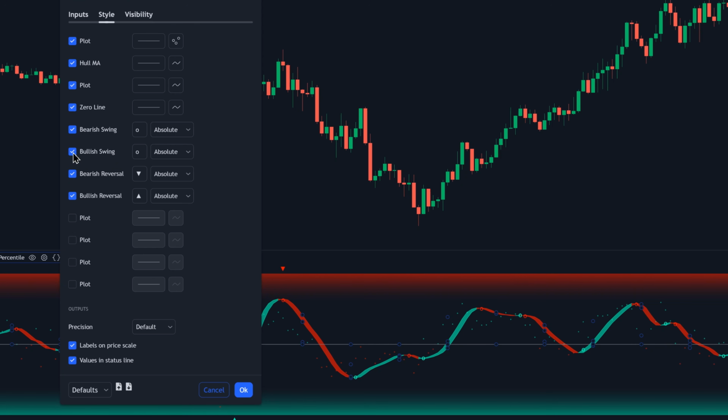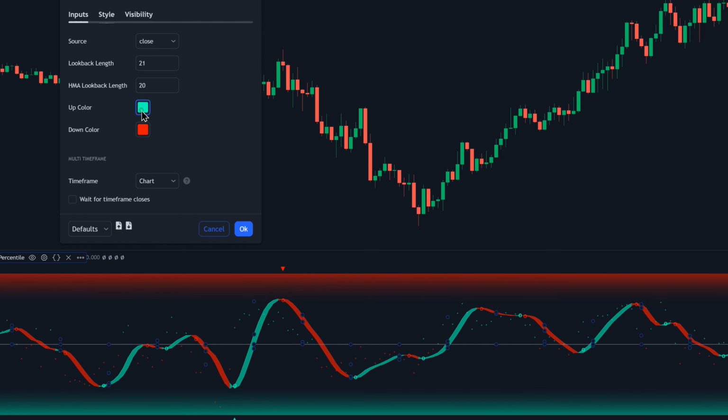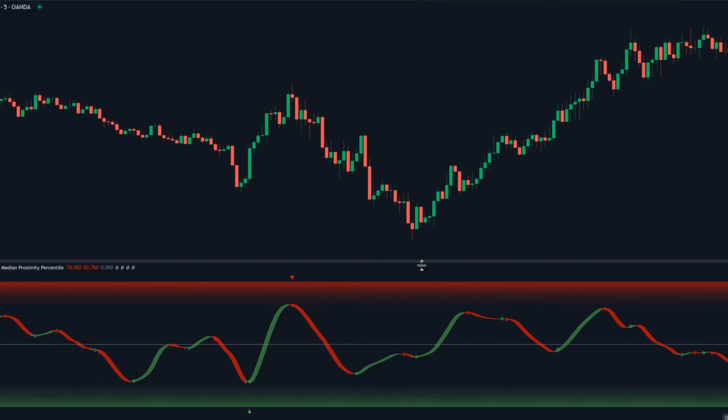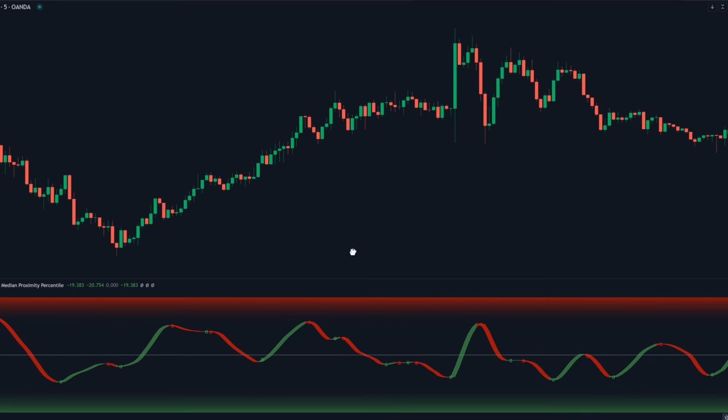Now, while we're in the settings, let's change this teal color to green, because I think it's better to have red and green as opposed to red and teal. See, looks much better now. Then on the style tab, we're going to disable this first plot. After that, click OK. Now, in order to use this indicator to trade, we would need to add 2 more